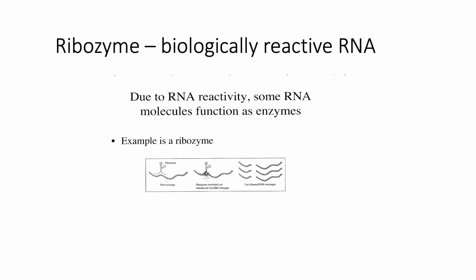And people have actually tried to construct ribozymes that would be specific for specific viral RNAs, like HIV. That is, then you would introduce this ribozyme into the cell, and it would specifically cut the HIV RNA, or coronavirus RNA. And people are working on that, and there's been some success, but obviously not anything that can be used therapeutically. So RNA is reactive,